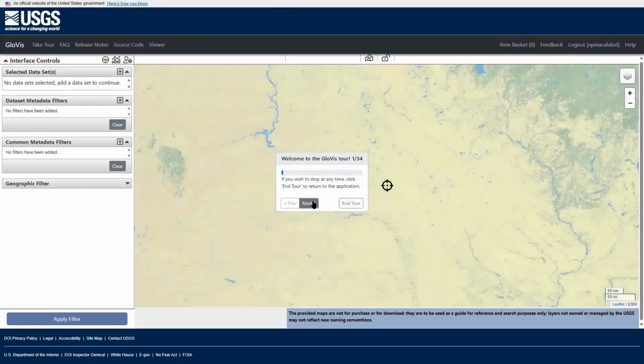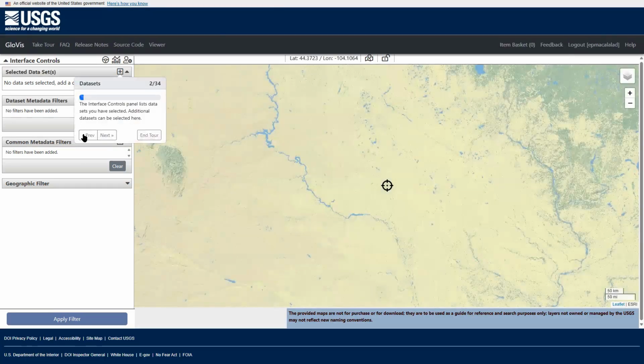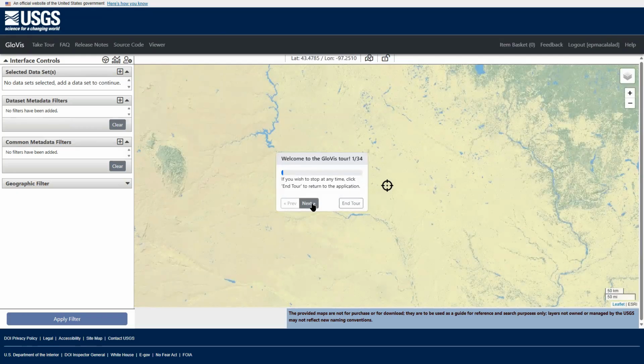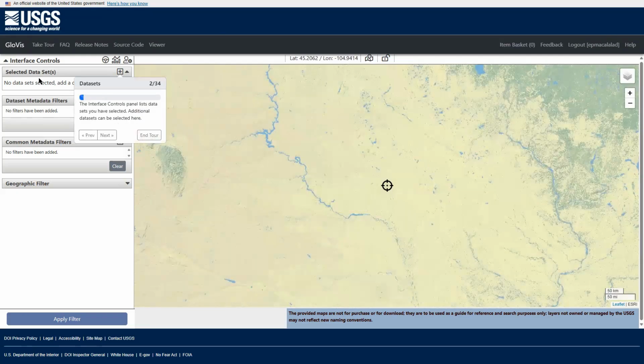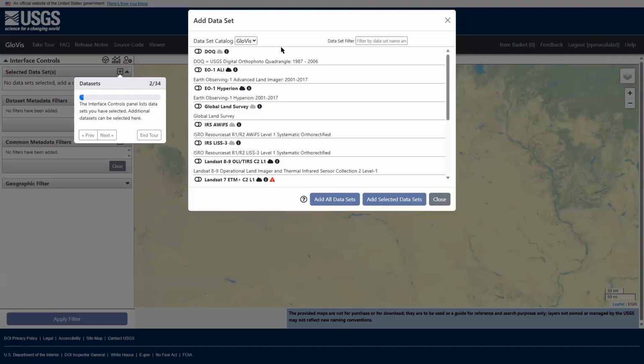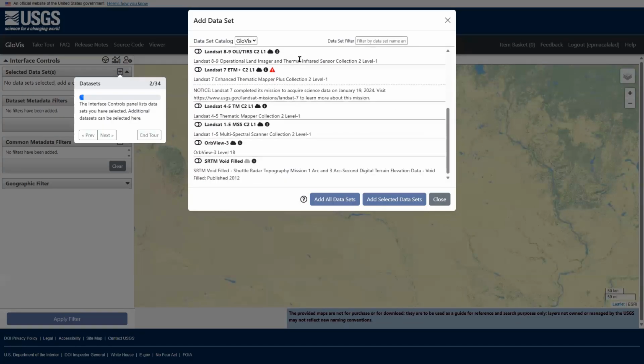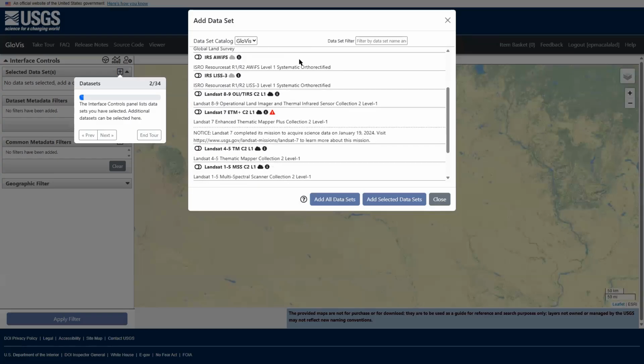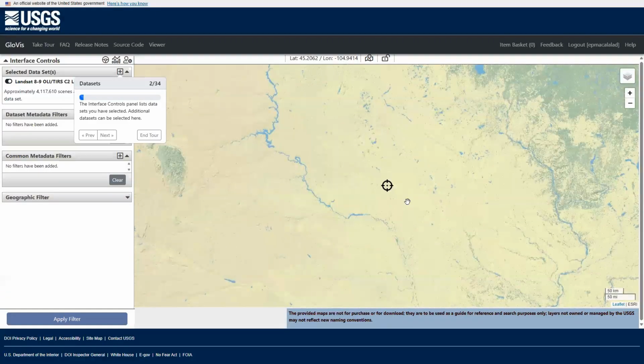So this is the selection of data sets. You click this one, and then you choose what data you want. Let's focus on Landsat 8 and then add selected data sets.